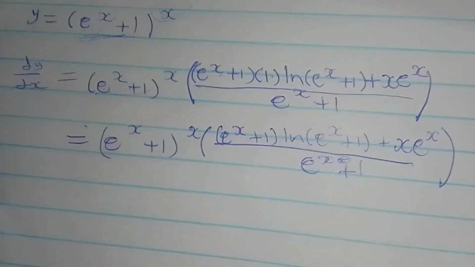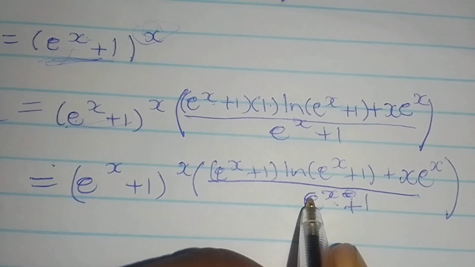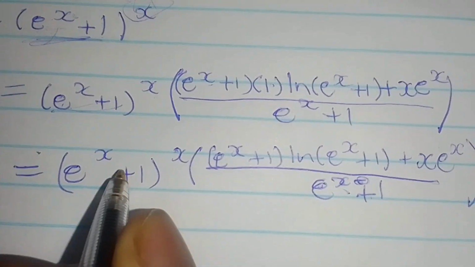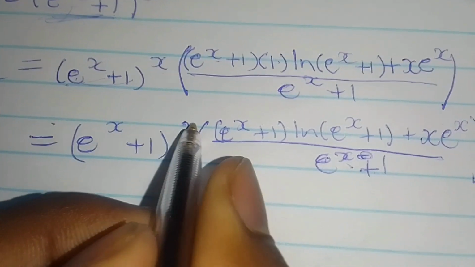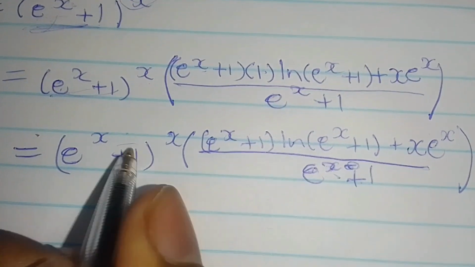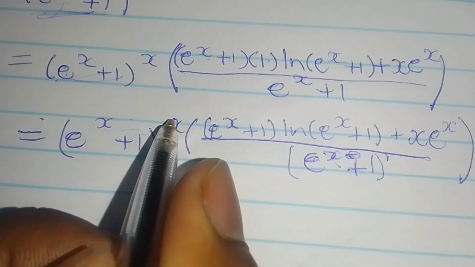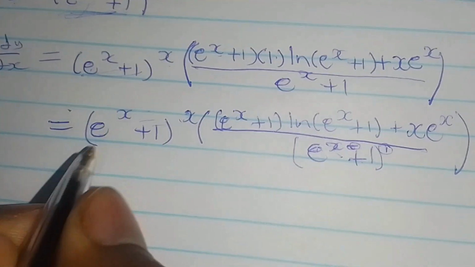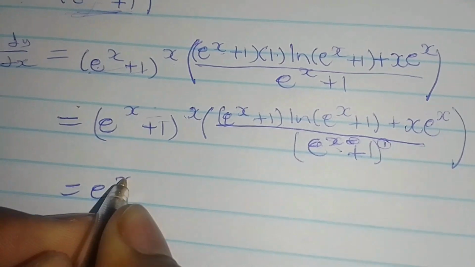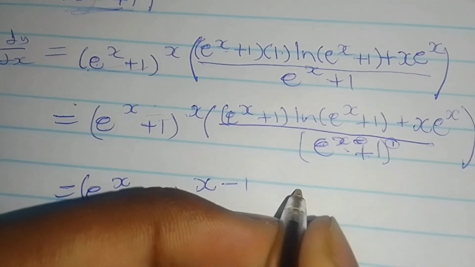Now if you want to simplify this further, notice that I have e to the x plus 1 as a denominator, and I have e to the x plus 1 to the power x. What happens when you divide powers of the same base? You subtract the exponents. This is the same as to the power of 1. This means that to this x, we must subtract this 1. So that means I can simplify further and say it's e to the x plus 1 to the power of x minus 1 multiplied by